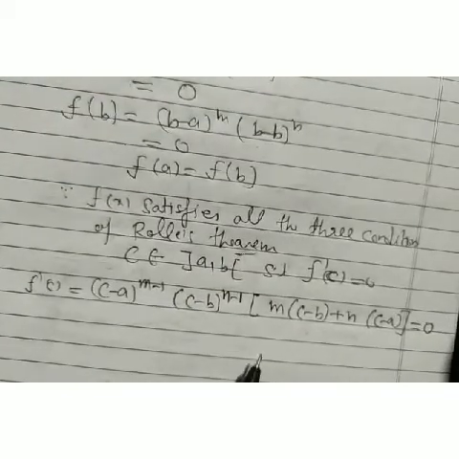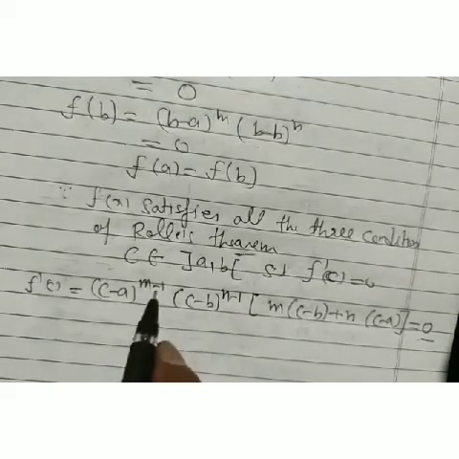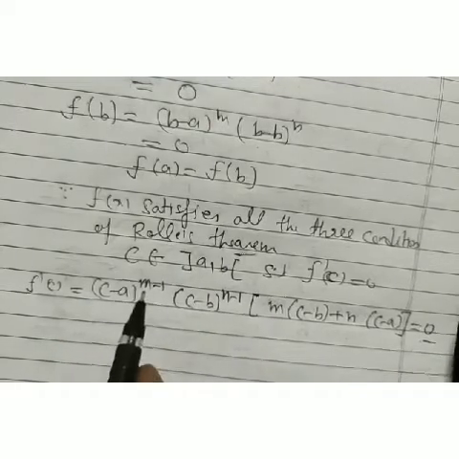Now we are going to solve it. Look, it's equal to 0 now. Since m and n are given in the problem as positive integers, then m minus